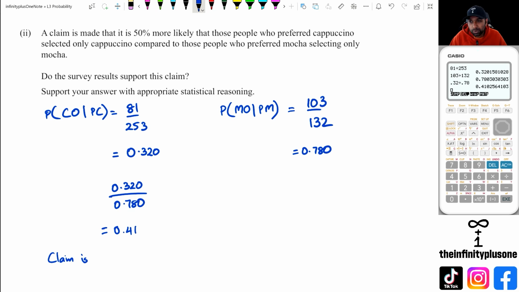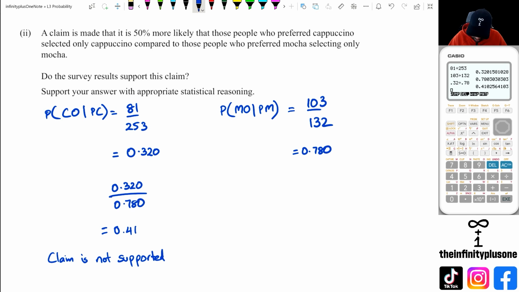Now the problem with this one is that the claim is actually not supported, because if it was 50% more likely, then we should be getting a positive value here for the risk, but we're not. Remember, if it's twice as likely, then you'd get 2. This is 50% more likely. Then we should have got a value of 1.5, but we've got 0.41. So we're going to say that claim is not supported,